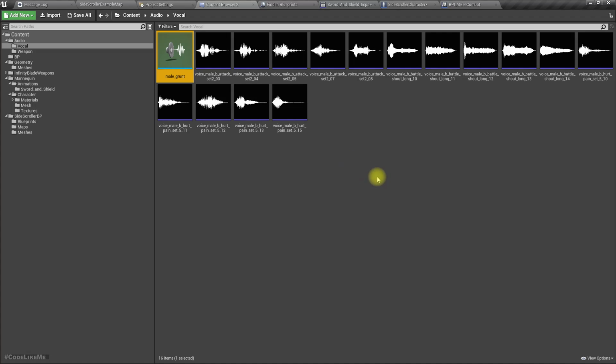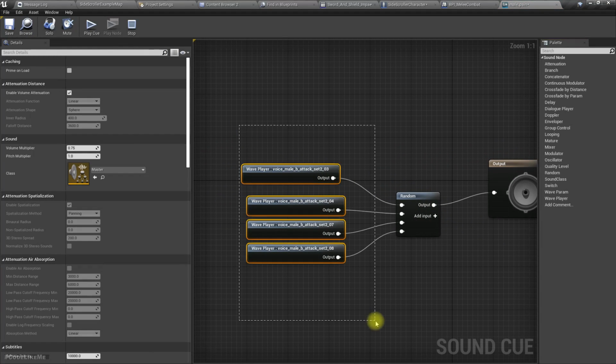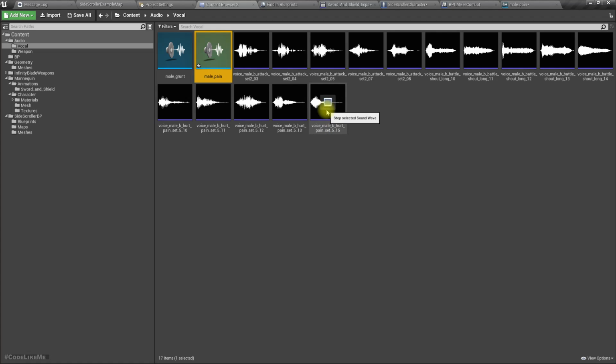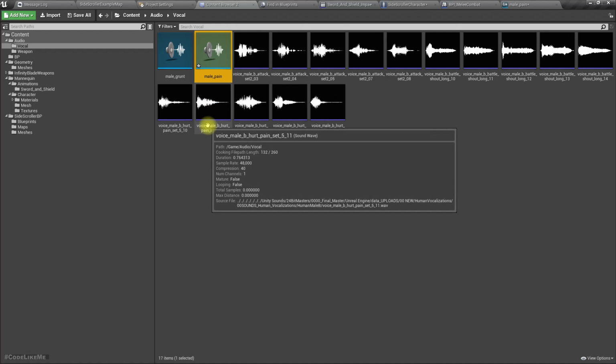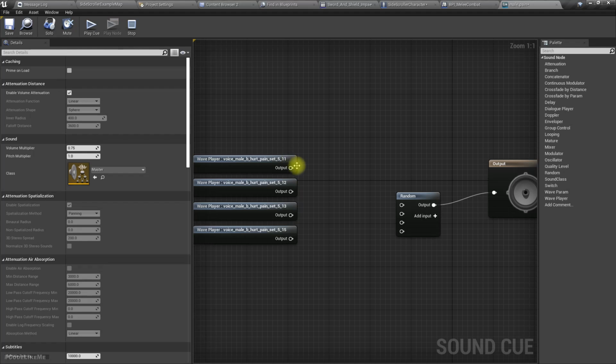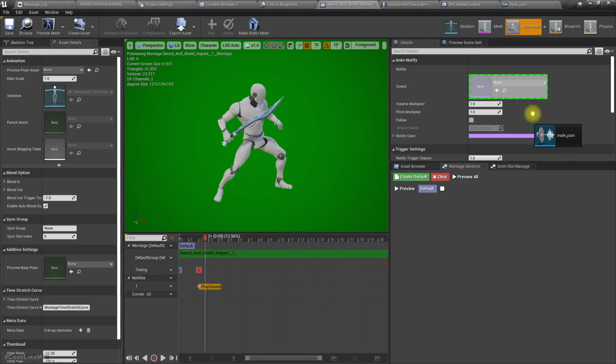Okay, just like this grunt, let's create a pain sound, and instead of these, let's use this hurt sounds. Like this, and let's play it here,